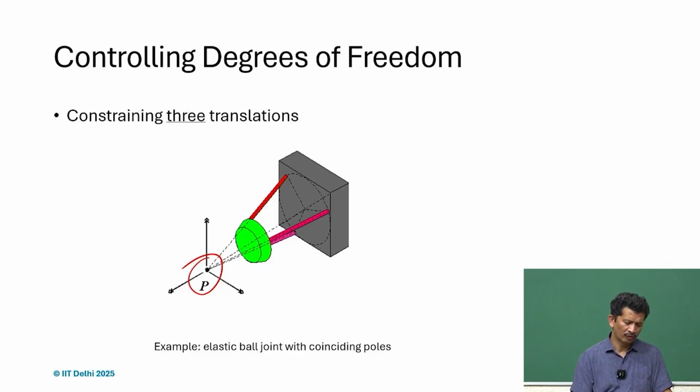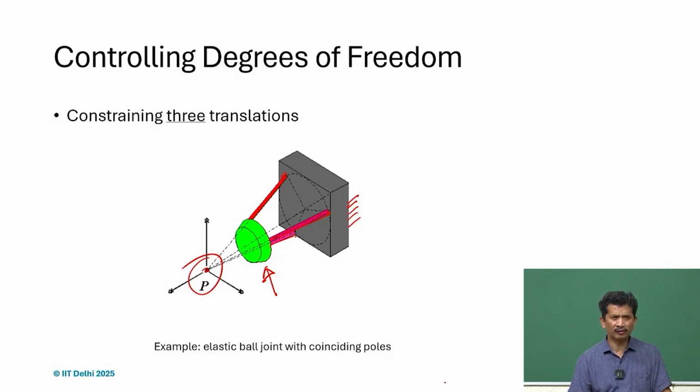So, suppose we want to constrain this green object with respect to the frame at a point P, then we can place three constraints in such a way that they intersect at it. So, if we extend, all three will intersect at point P, and we realize that point P is located,